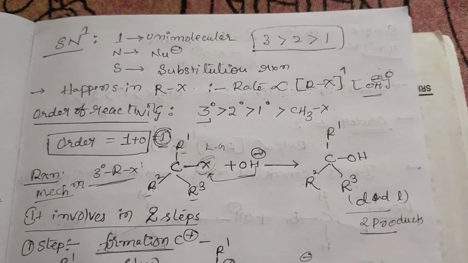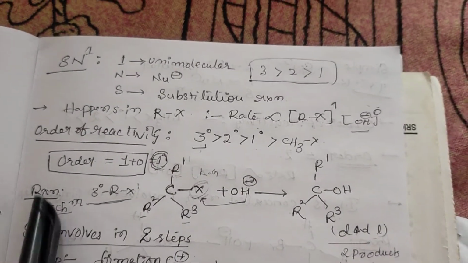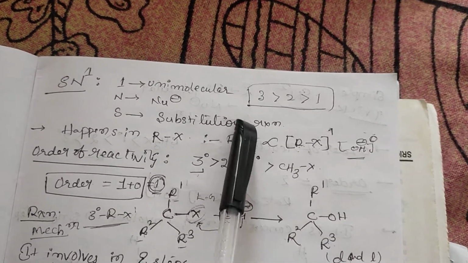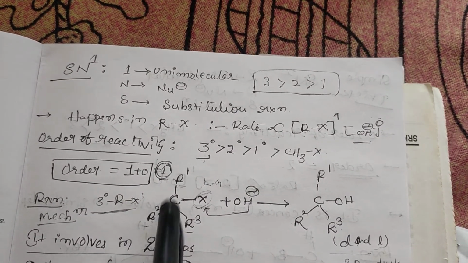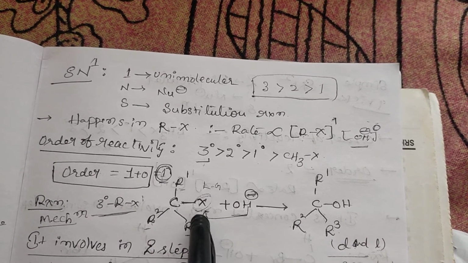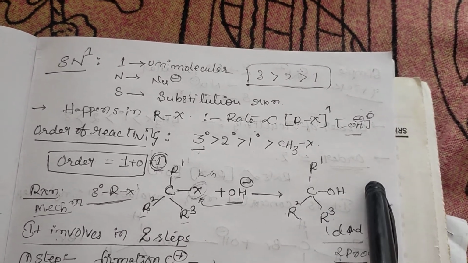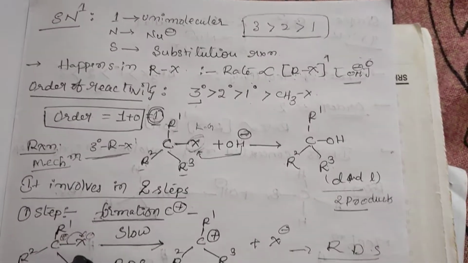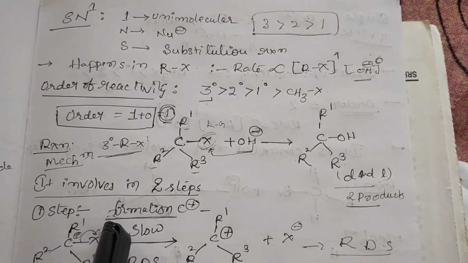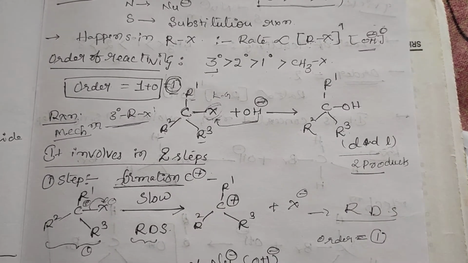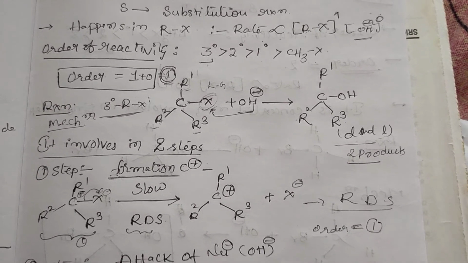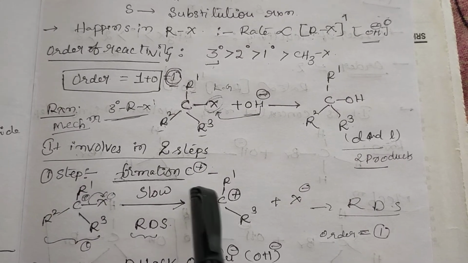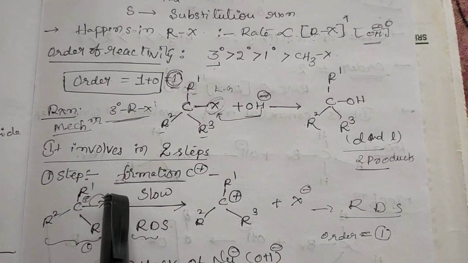Clear now? So it is very easy. How do you remember which alkyl halide is more reactive? You should remember this: 3 degree, 2 degree, 1 degree. Take a 3 degree alkyl halide; with attack of the nucleophile, we will get an alcohol. In this reaction mechanism, two steps are involved. One is formation of the carbocation, and the second one is attack of the nucleophile. In the formation of the carbocation, the reaction will undergo ionization. Why is it undergoing ionization?